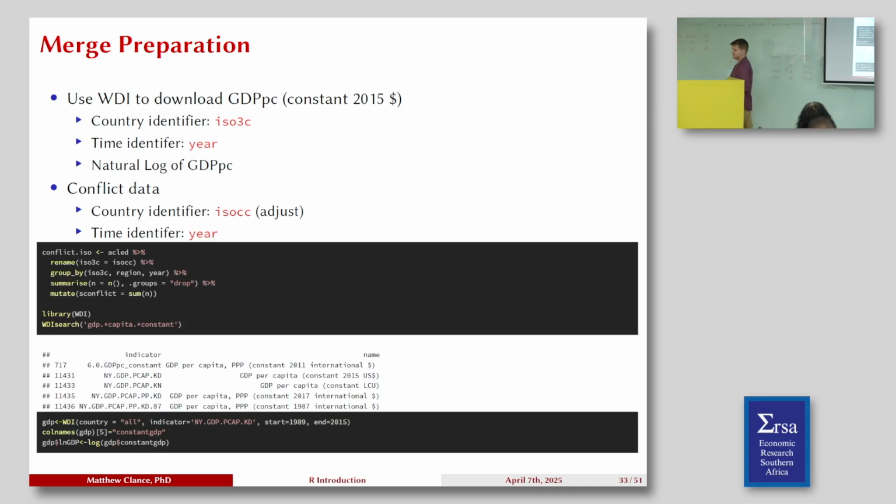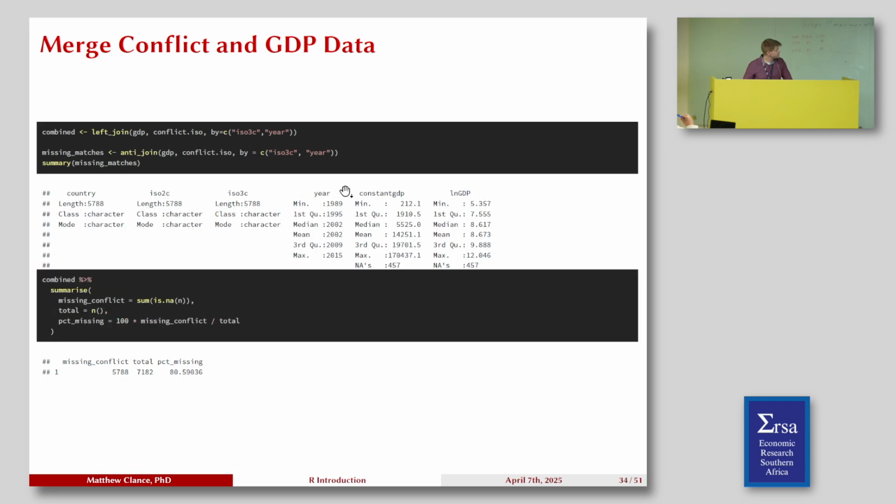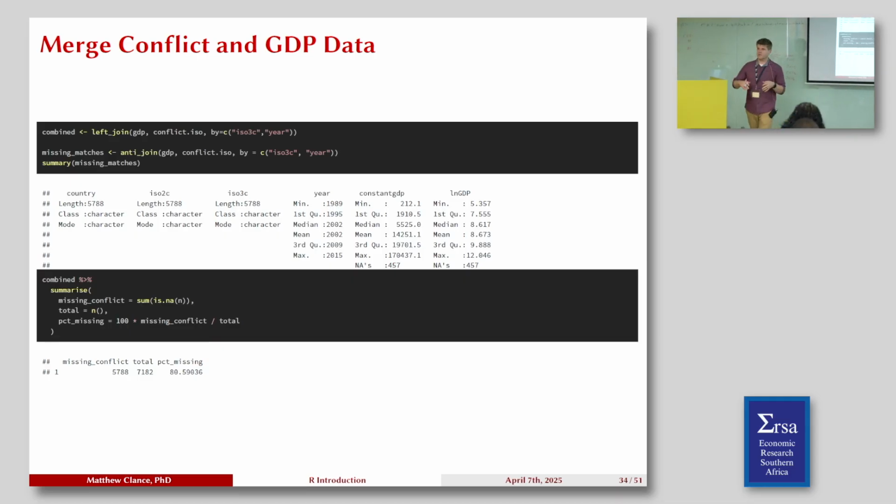Okay, so these are just getting everything in the right format. Remember, you need that before you start merging things. It has to be common across. So once I do that, then I can basically do a left join in this case. In this case, I use GDP, or the data set that I downloaded from WDI, because I know that every possible country is in there. It's like 230 countries, I think. It does countries, regions, all that.